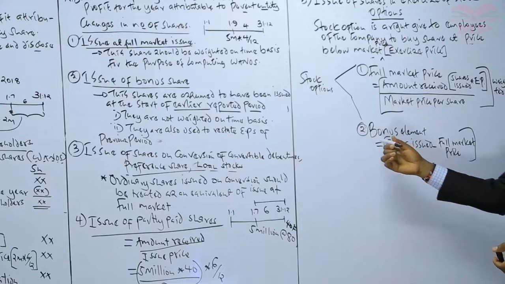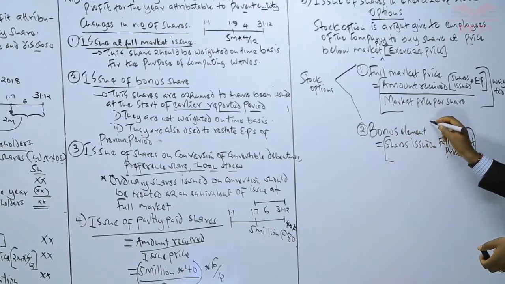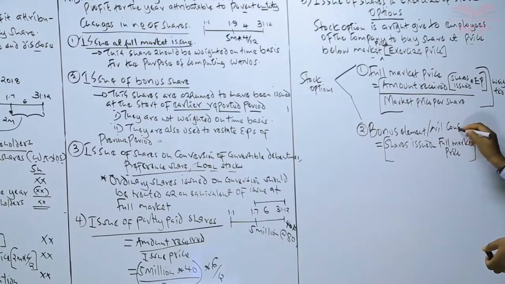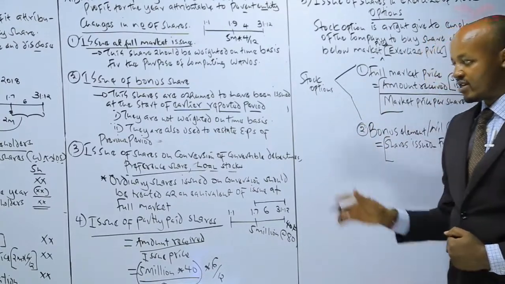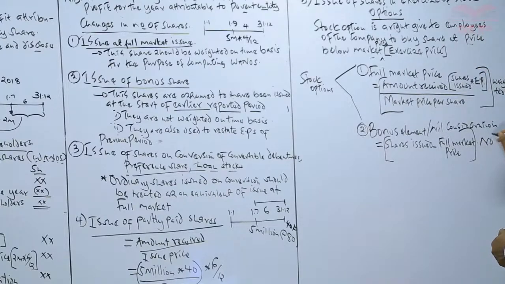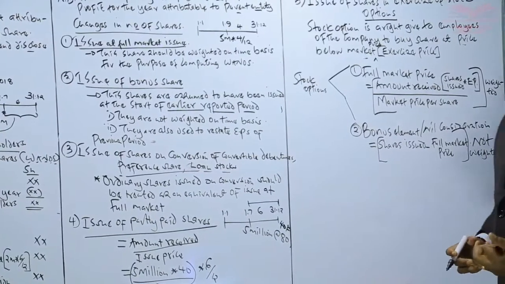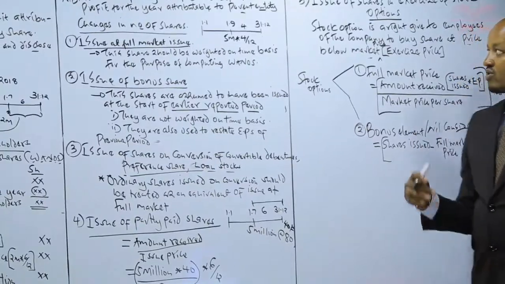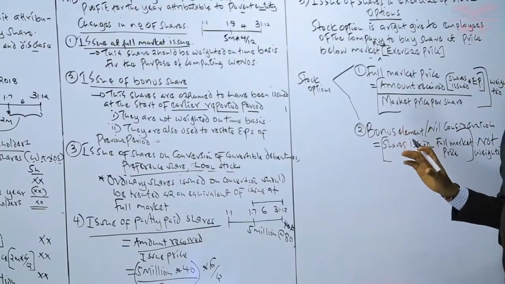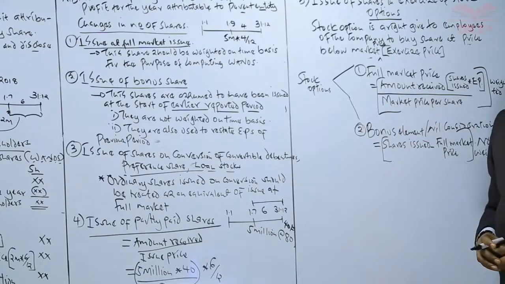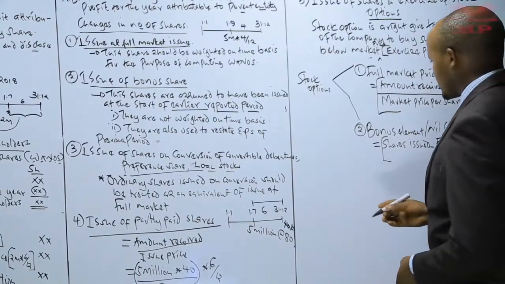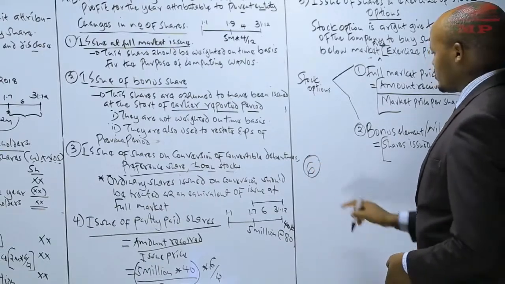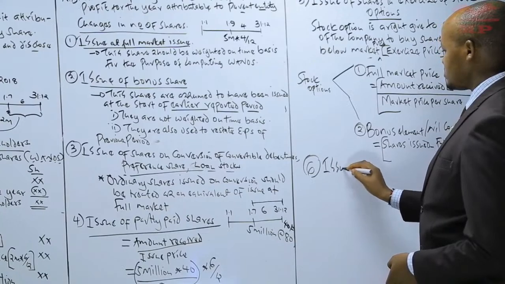And because these shares are a bonus element, or basically shares deemed to be issued at nil consideration, what we have said from what we have covered here is that these shares should not be weighted on time basis for the period they will be outstanding during that financial year. So therefore, those shares issued to the employees of the company, once they exercise the stock option, are ordinarily split into two: shares deemed to be issued at full market price and the bonus element. And then from there we have what we refer to as the issue of shares